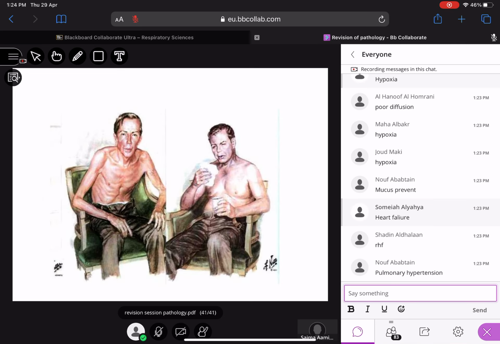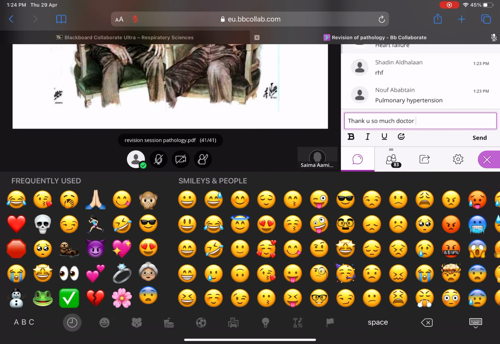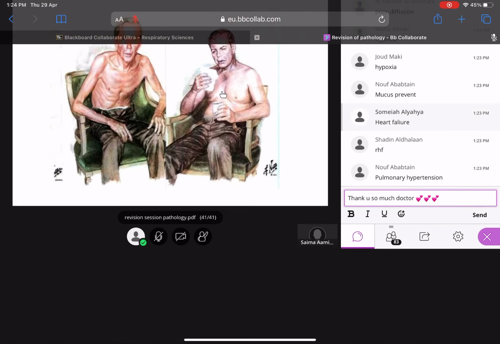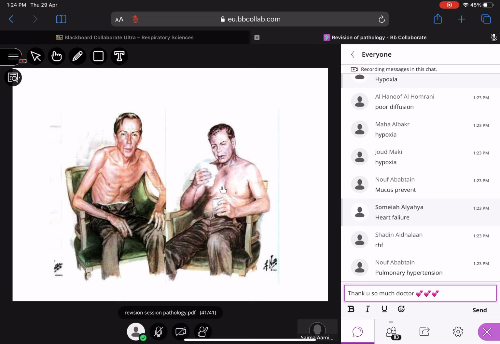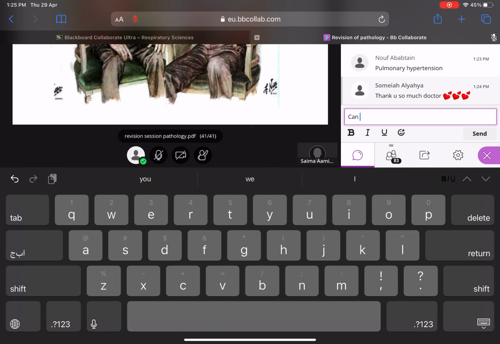Yes, again pink puffer, and you can compare him with the blue bloater, who appears to be cyanotic, a bit obese or overweight, you can say, and there can be increase in the hemoglobin. There can be peripheral edema in this patient also. I think this is the last slide. If you have any questions, you can ask me.